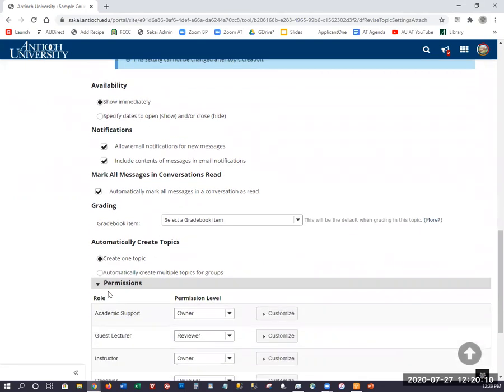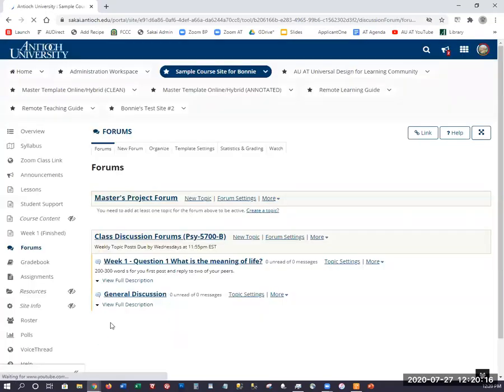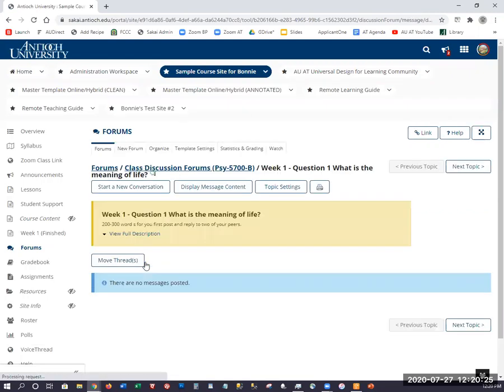I'm going to post a second one. You leave all these defaults and just hit save. You'll see what we've done is we've created a new topic within this forum. And then when the students look in the topic,